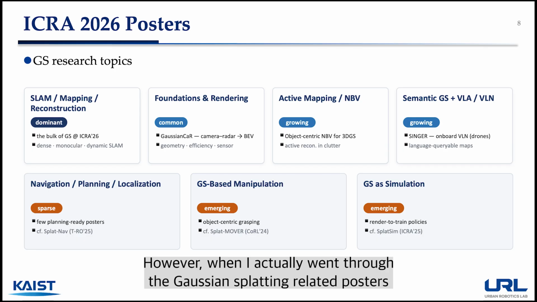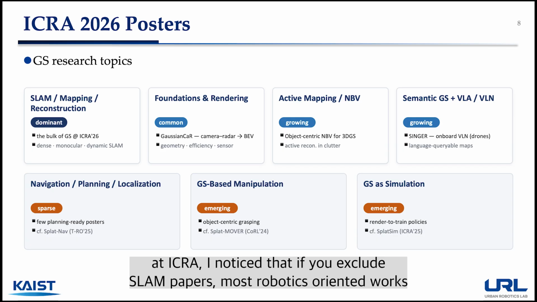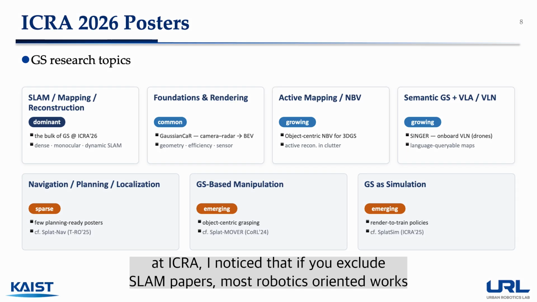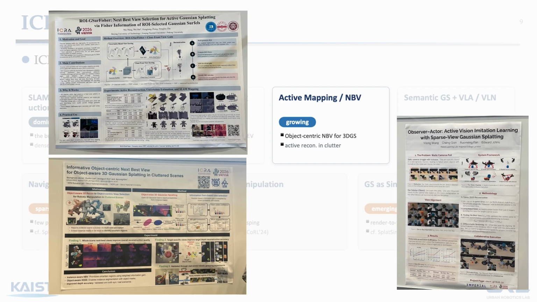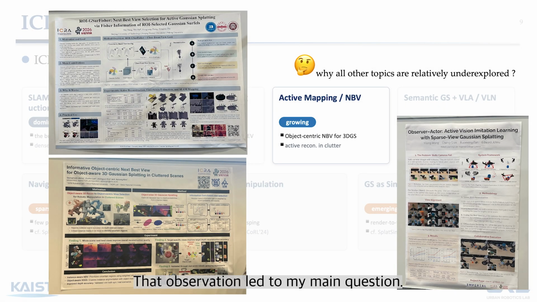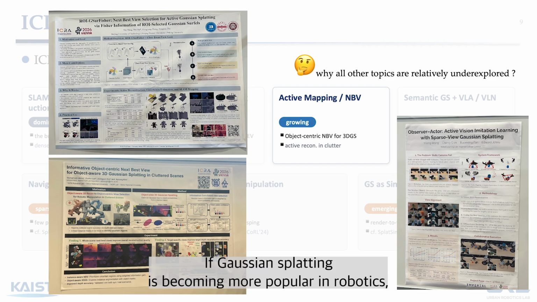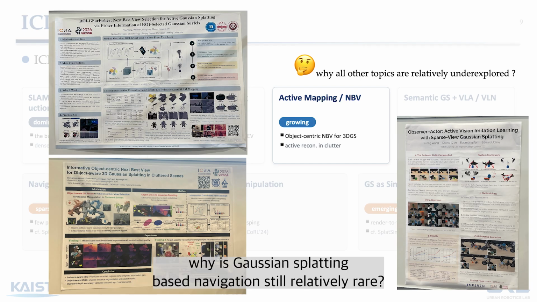However, when I actually went through the Gaussian splatting related posters at ICRA, I noticed that if we exclude SLAM papers, most robotics-oriented works were centered around active mapping and next best view planning. That observation led to my main question: if Gaussian splatting is becoming more popular in robotics, why is Gaussian splatting-based